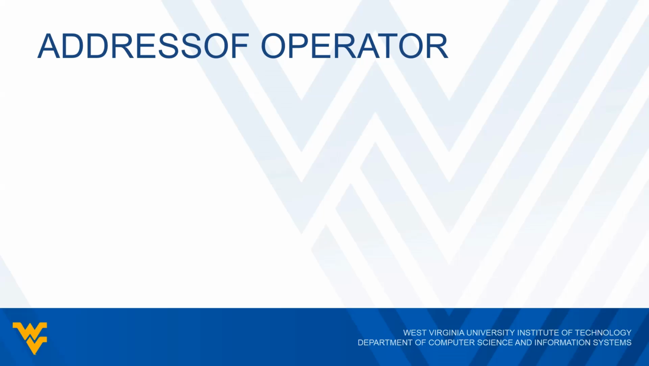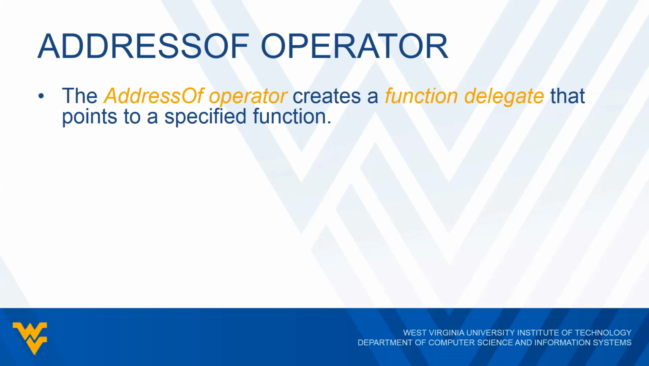Because we're trying to specify this criteria, and we really haven't seen a case where we can use a function as an argument or a parameter for another function. Well, we can do it, and the way we go about doing it is using what's called the AddressOf operator. What this does is the operator actually creates the function delegate that we were talking about before. This delegate would point to a specified function. So the delegate is not the function itself, but it's kind of like a